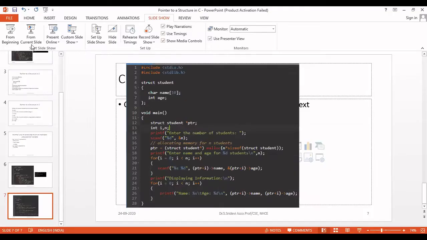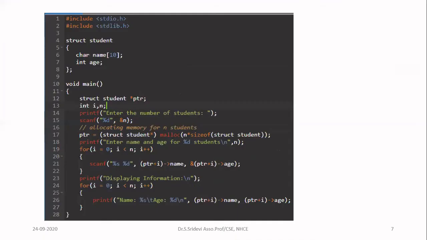Now let us see the last program of today's class, that is dynamic memory allocation. So here, let me tell you what I want to do in this particular program. You have to create memory for certain n students in your system. Okay, so the number of students I will not give you when you are compiling the program. I will tell how many students are there only when you are running the program. So after you get the number of students from the user, you allocate the memory to that many students.